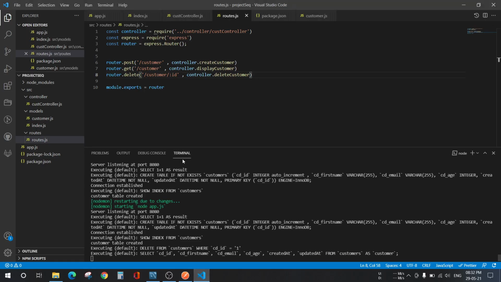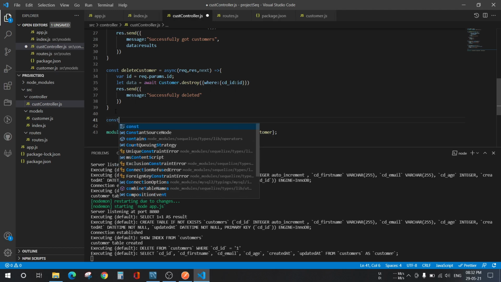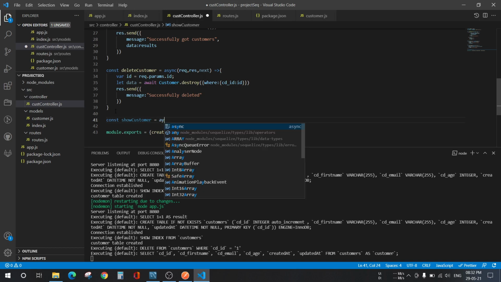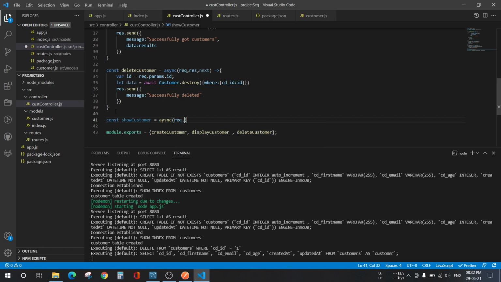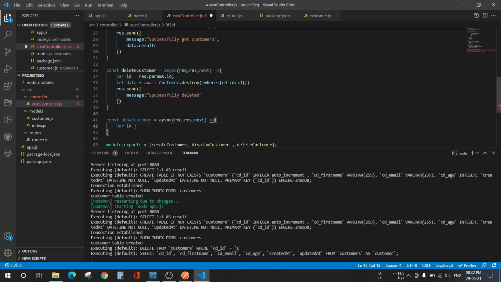Now let's go back to our code and make one more function of displaying the customers based on id. So const show customer, and again we need to pass the id since we are displaying details of a particular customer.